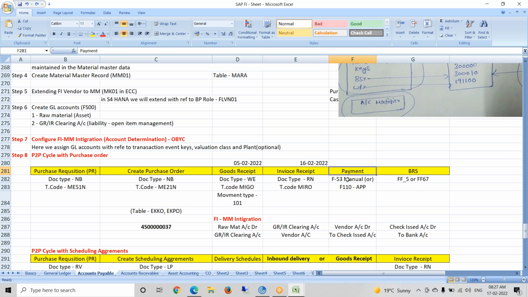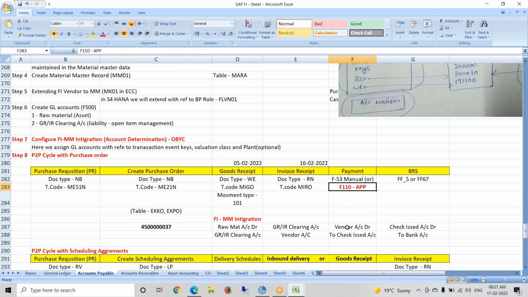Payments can be of two types. One is manual and one is automatic. Here we prefer automatic only, mostly like 80 or 89 percent. In a real-time environment, payments will happen through automatic payments.